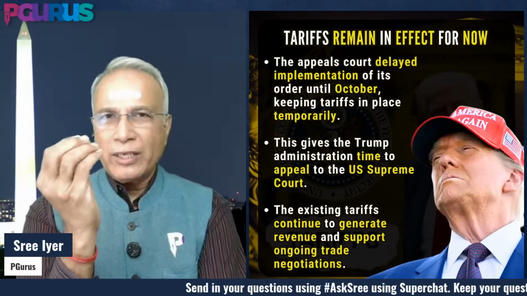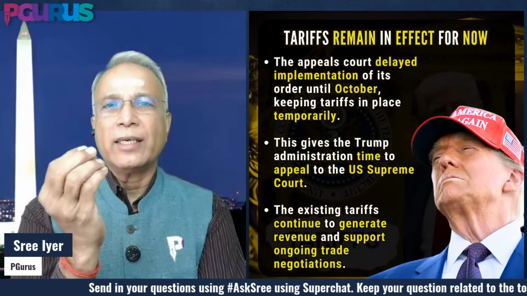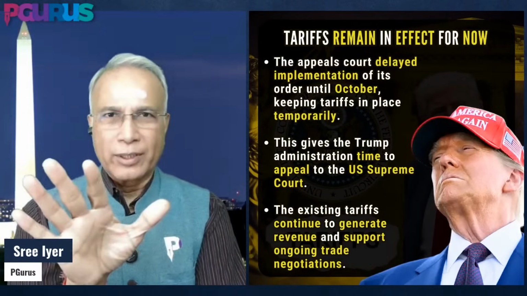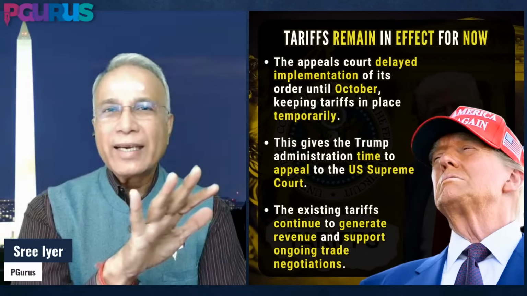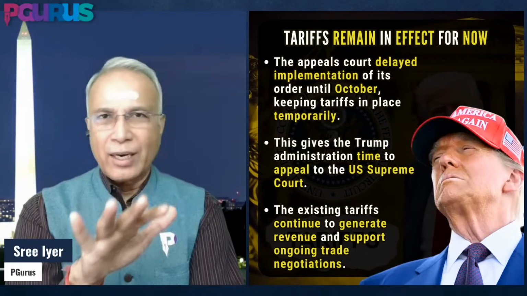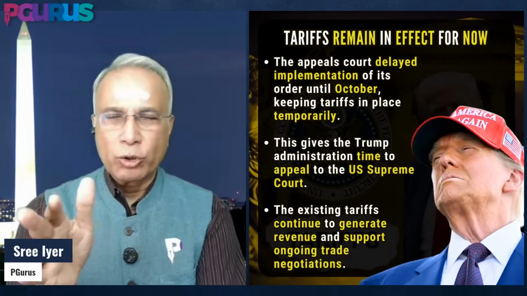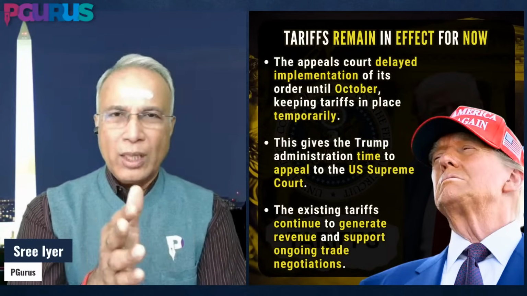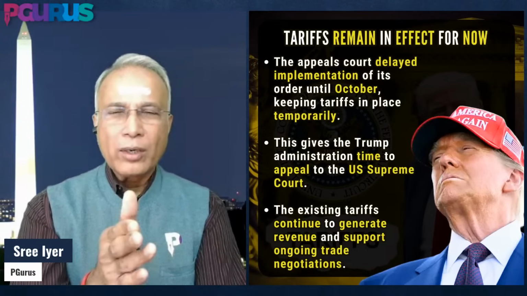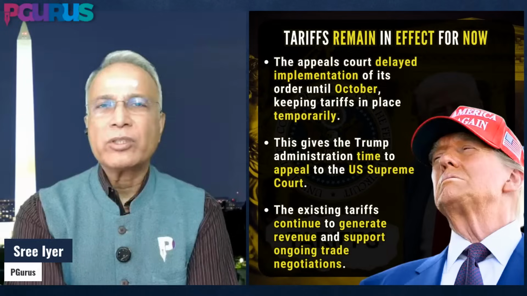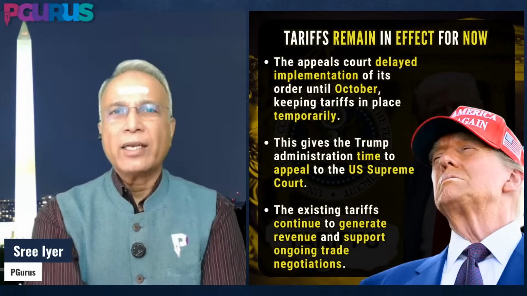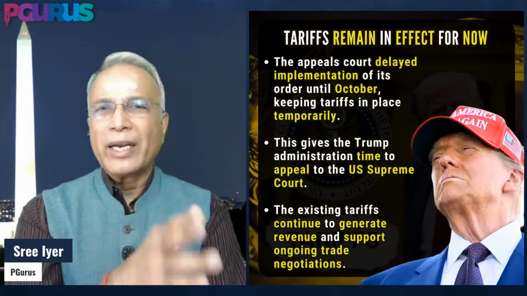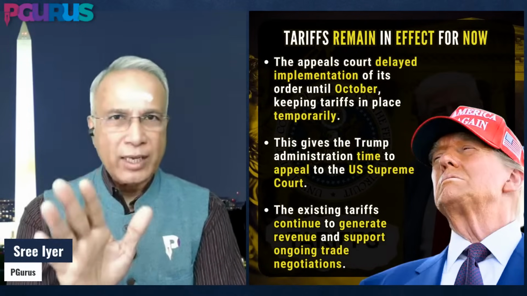So what this means is that while the tariffs have been ruled illegal, they have not actually stopped. There's no stay order on the collection of tariffs. The Trump administration has up until October, which is close to 8 weeks, to make up its mind as to what it wants to do: accept this, or go to the next upper level, which is the Supreme Court of the United States, where they can again appeal this. Is that what they're going to do? We don't know. But in the meantime, the tariffs stay.